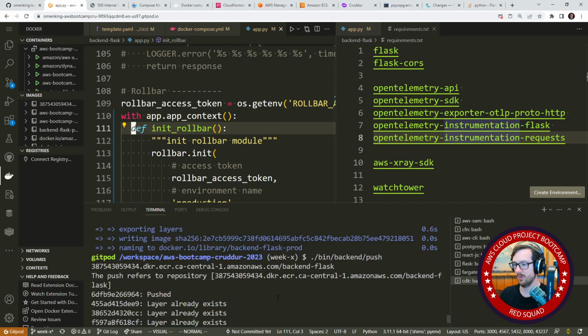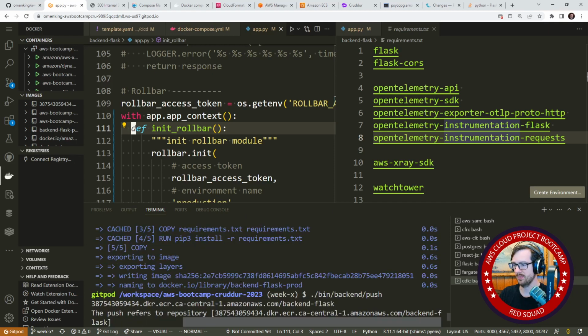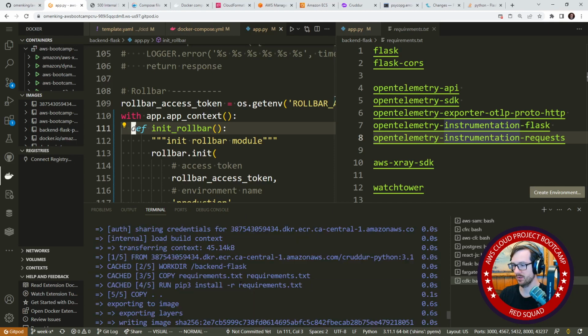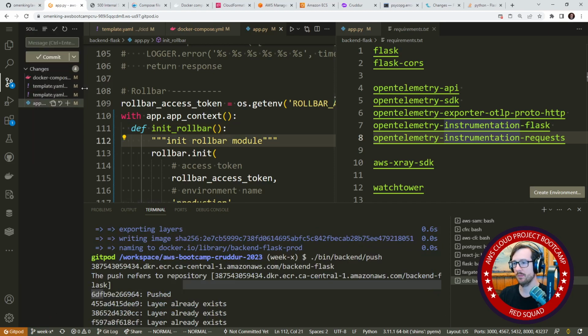Okay, so that is now pushed. It's interesting that all those other layers are there because we definitely made a change to our code. So I'm just kind of wondering if it did take effect. So I'm going to go over here,